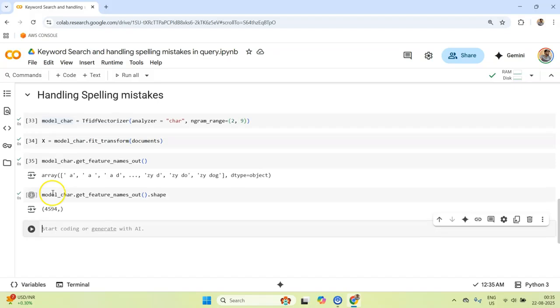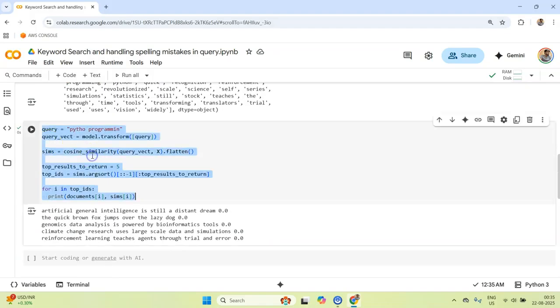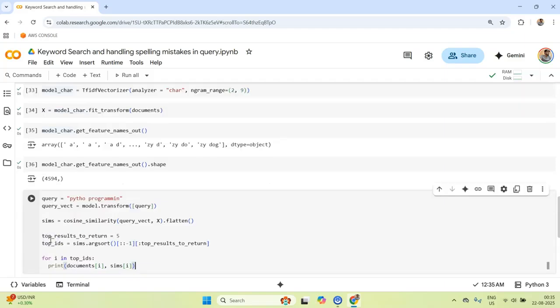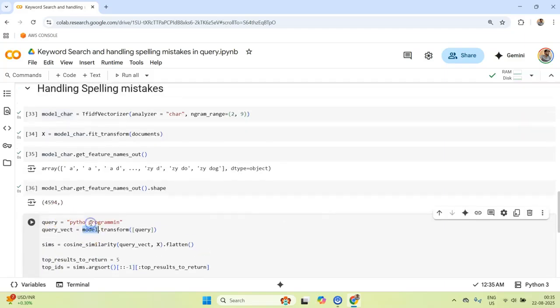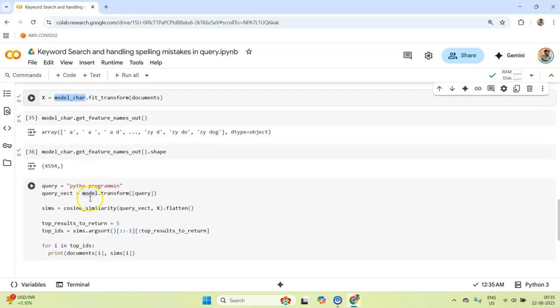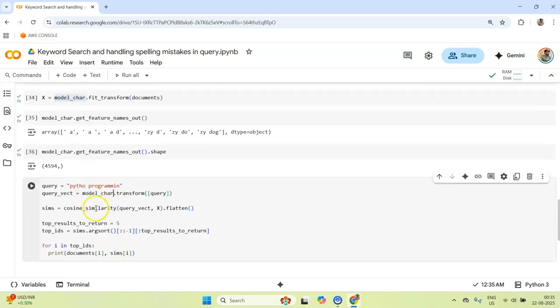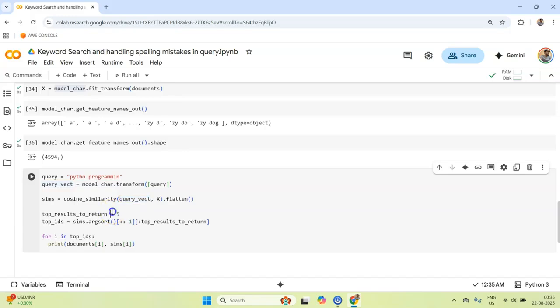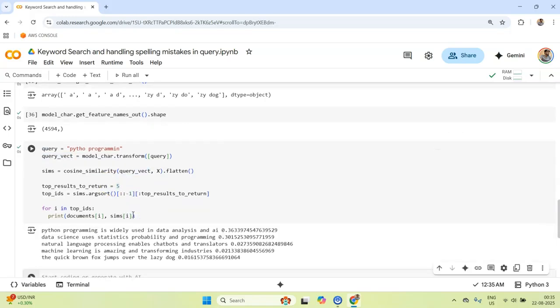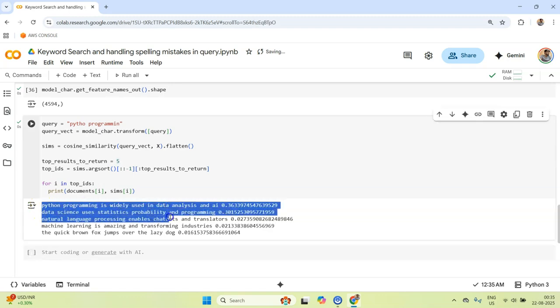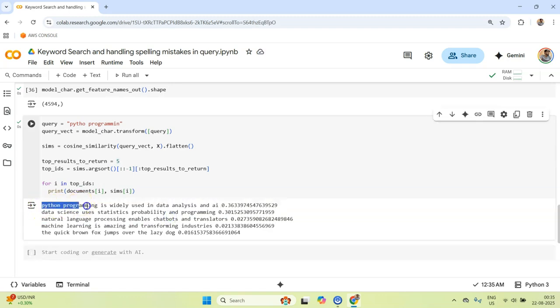Okay, so now let's try handling this query again, but this time instead of the word model, we will have this character model. Let me now paste it here, and the cosine, the rest of the code I guess will remain the same. Let's run this. You see, immediately we get something interesting. It is able to capture Python programming as well. It is able to capture the second document which has programming. Right now also, it is keyword based, but it is much more sophisticated. It is looking at so many different combinations.